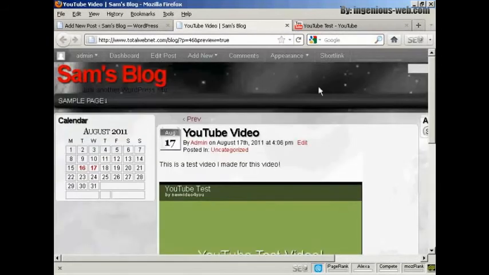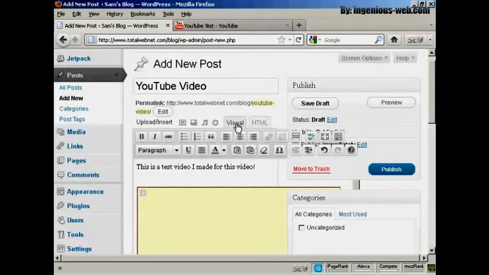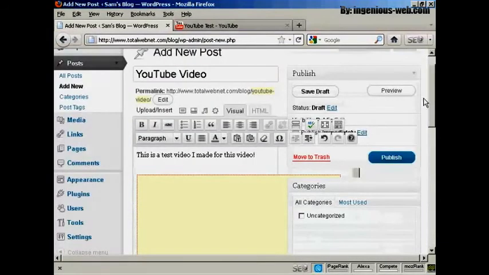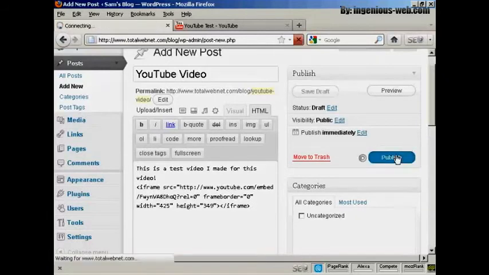So let's just close that. And if I wanted to add any more information in, I can come here to Visual, and it's already got it marked out, so I can add some other stuff in if I want, or I can enter it underneath the HTML code. If you're familiar with HTML code, you can simply type it in and then click on Publish,